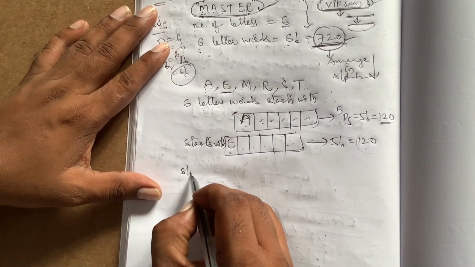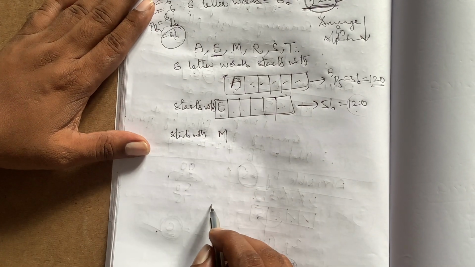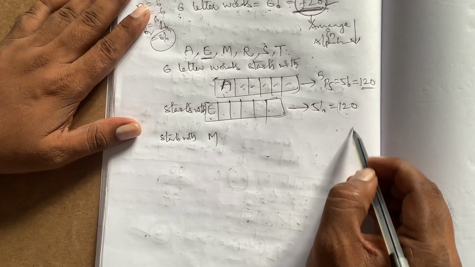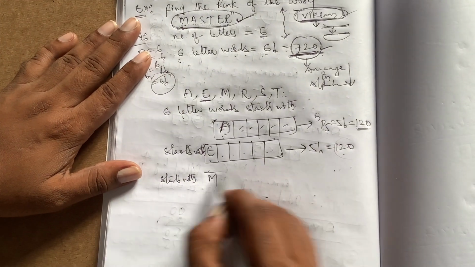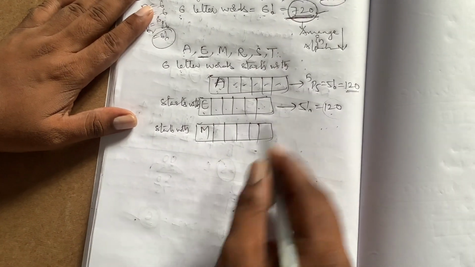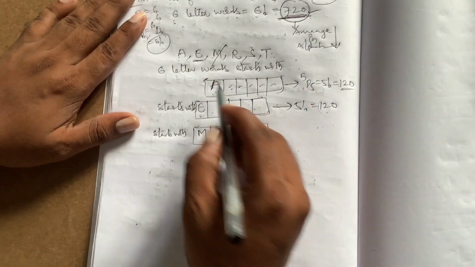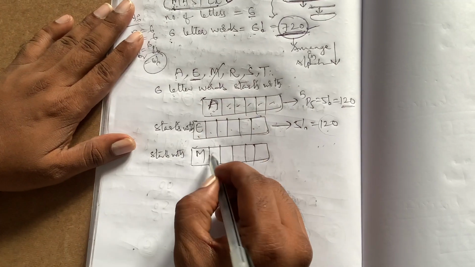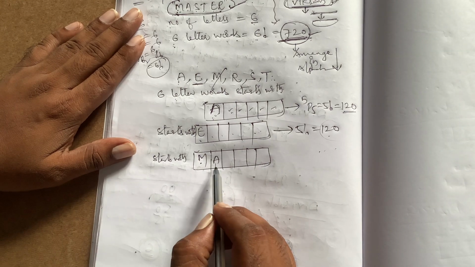Next, starts with what? M. Okay. Then again, words starting with M also number 120. But out of these 120, the word master exists. So fix M here. You can fix M in the first gap. After fixing M, again we have to choose the next letter. Cancel M. Then what is the second letter in alphabetical order? Again A will come. These are the six-letter words starting with MA.